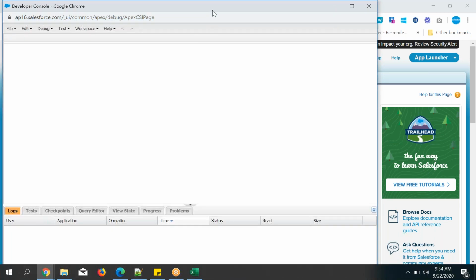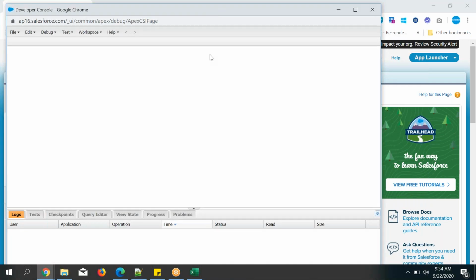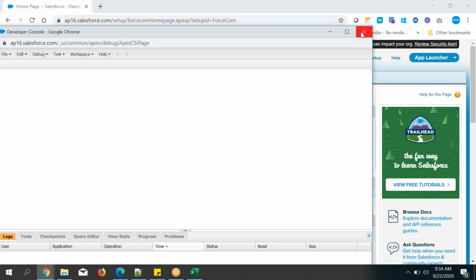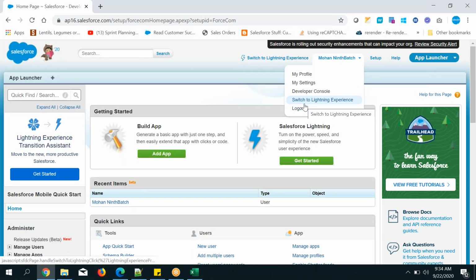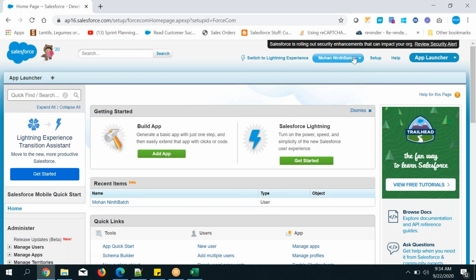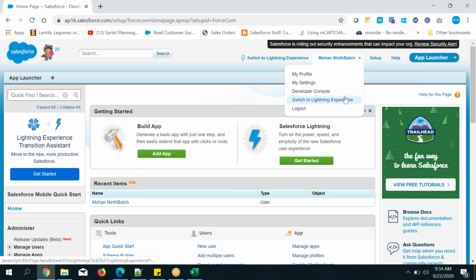Development things we can work on, like I told you, Apex, Lightning components; we can create all of those from here. In the developer console we can also execute code from here. That is the benefit of the developer console. Again, if you want to move to Lightning Experience or view, you can use either of these two links, guys. And if you want to log out, click on logout here. That's it.